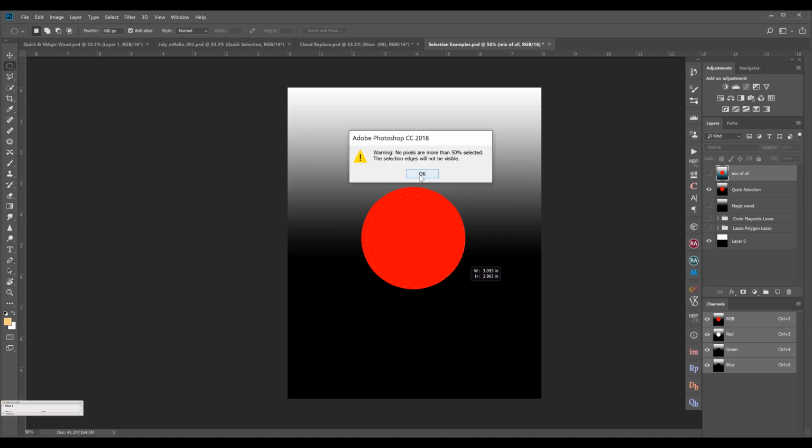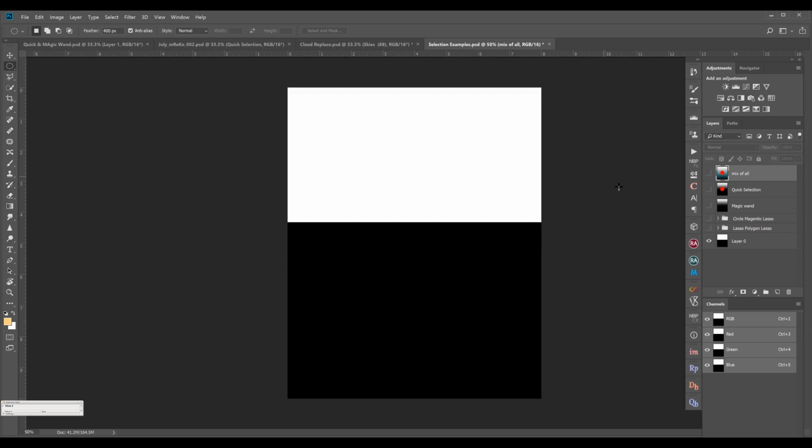But this tool will not give a proper selection, and you have to keep on moving and adjusting. So I will show you a different method to select round shapes like this.